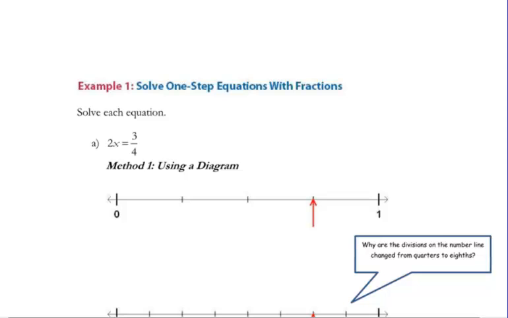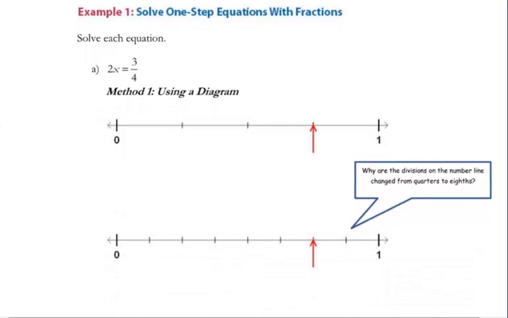All right, let's look at some of the examples. So solving one-step equations with fractions, 2x equals 3/4. So we have this value that's 2x. And when we have two x's, that means that that amount is 3/4. So here in the diagram, we can see there's 3/4. But if we want to find out what 1x is, we have to split 3/4 in half. Well, if we do that, then we would end up with